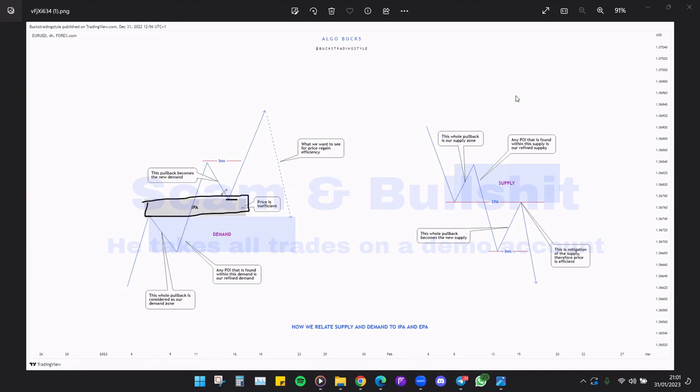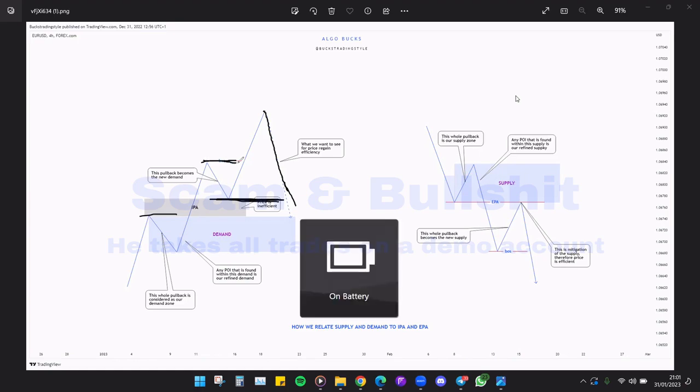Then when price did this to the upside, remember our reasons for a valid demand or supply. So when we have this markup right here, this becomes IPA. Then we have this break of structure, this break of structure. When price comes down to take this low, this becomes inducement. So we have seen two reasons for our valid